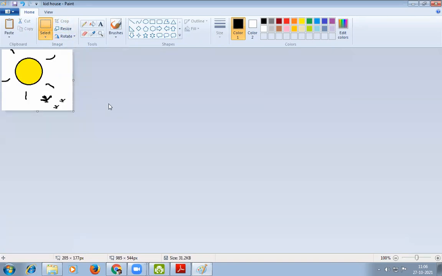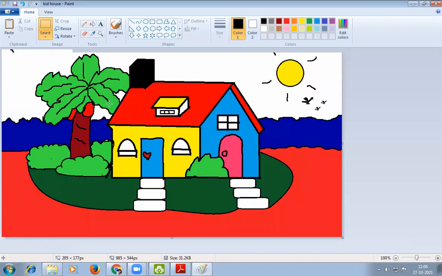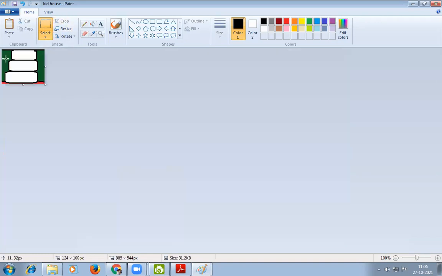Okay, you can see that those areas which are selected by us previously are only present here, and other things get deleted. Okay, so I am again going to show you. For example, if I want to keep only this part, then I have to select it first, then I have to click on the crop option, then only this part will remain.